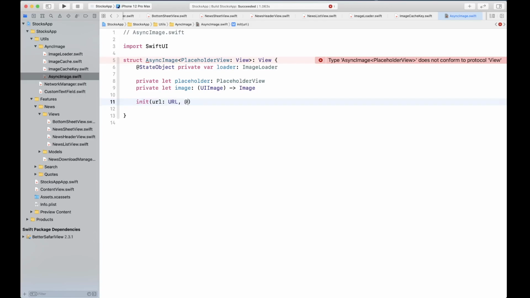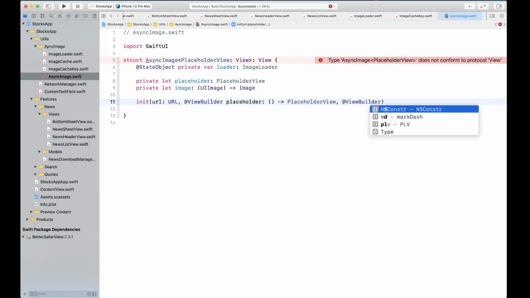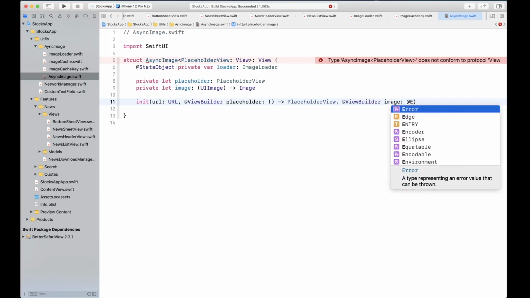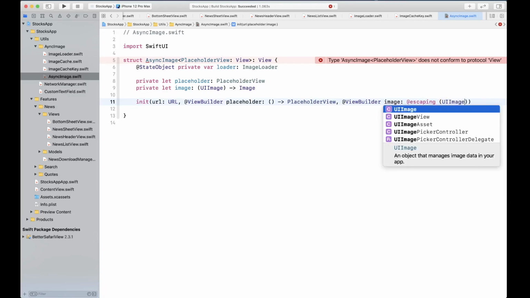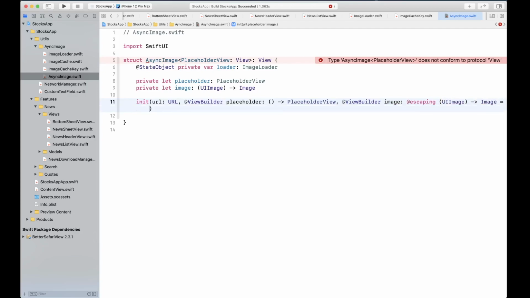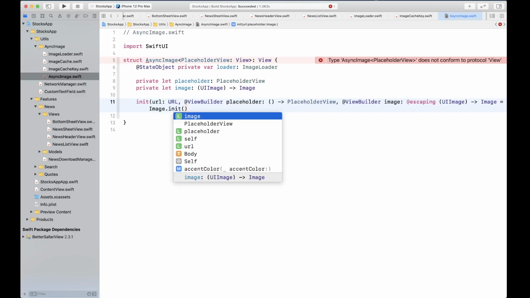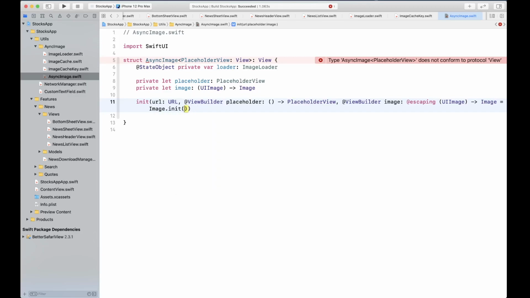We're going to have two view builders, one for placeholder, which is going to return placeholder view, and another one is going to be a view builder for the image itself, which is going to return Image.init UIImage. All right, that's our initializer.